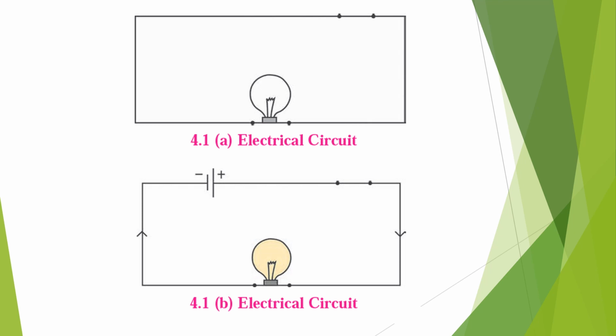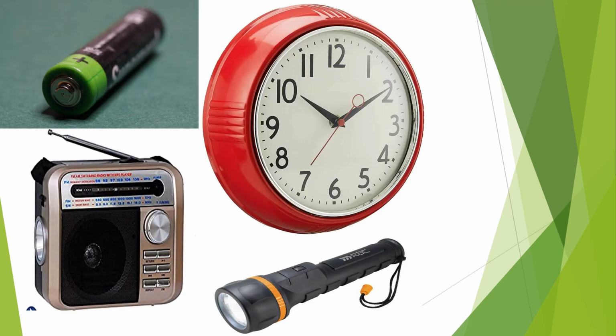A cell has two sides, as denoted, it has plus and minus. Their potentials are different, so the cell brings about potential difference. And this potential difference helps the electrons to move from the higher level to a lower level, because of which electricity is generated. Cells are of different types. We are going to learn three types today. The first we are going to learn is the dry cell. The dry cell is used in radio sets, clocks, torches, etc.